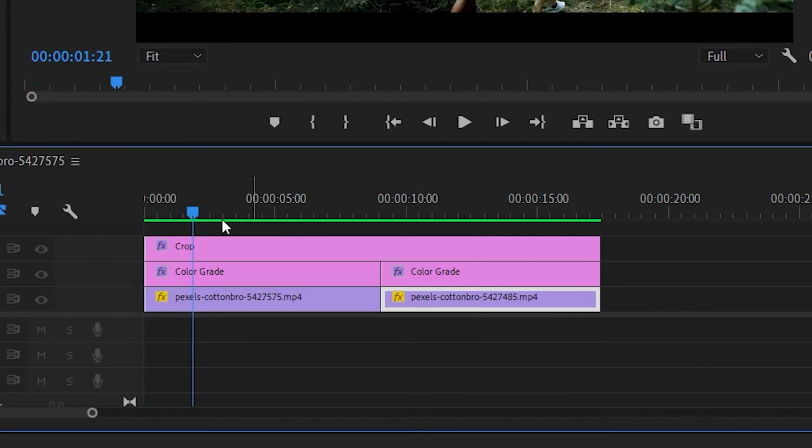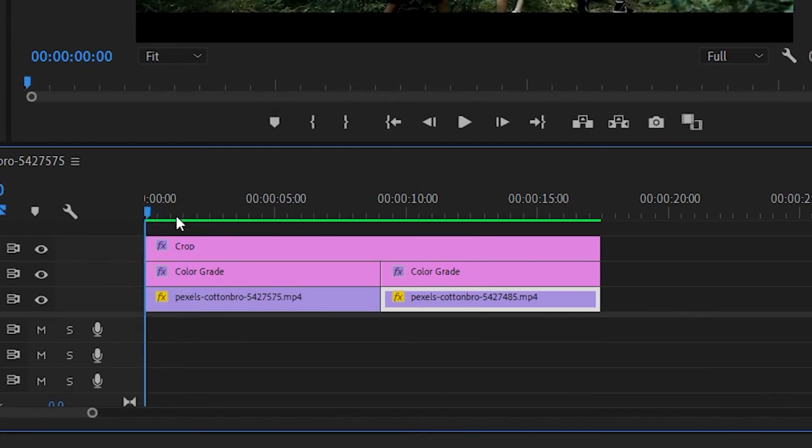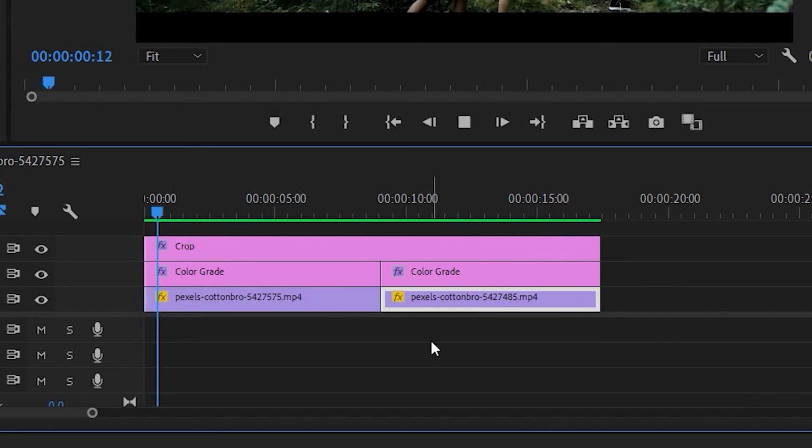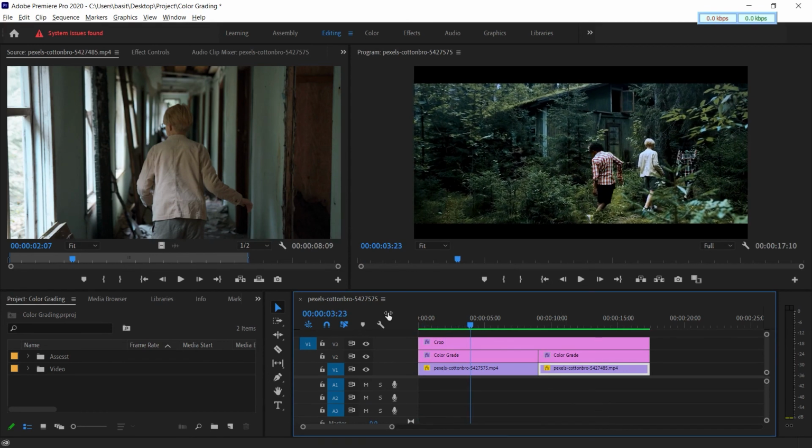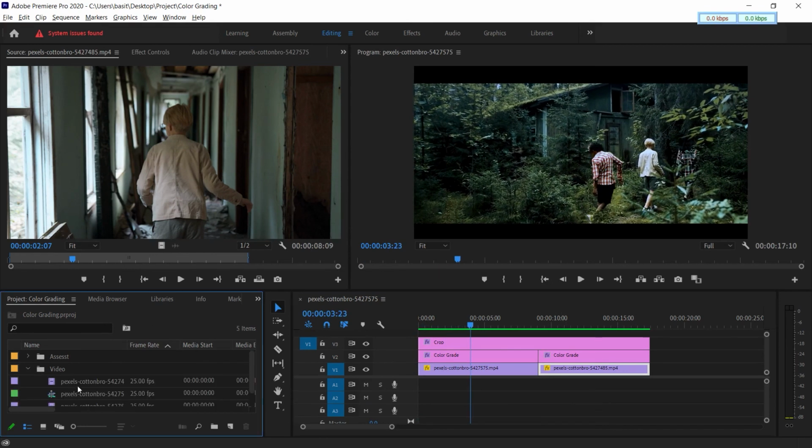So here you can see this yellow line is converted into a green line, which means your video is ready for the preview. Now you can preview your video and you can differentiate your video.